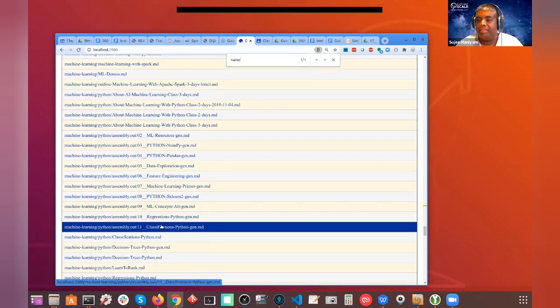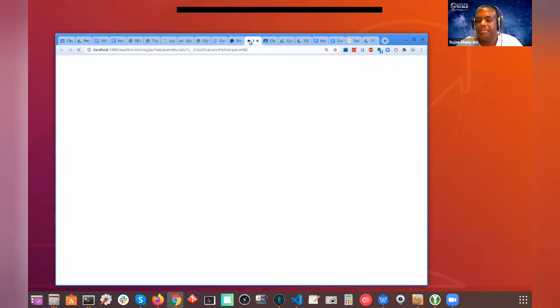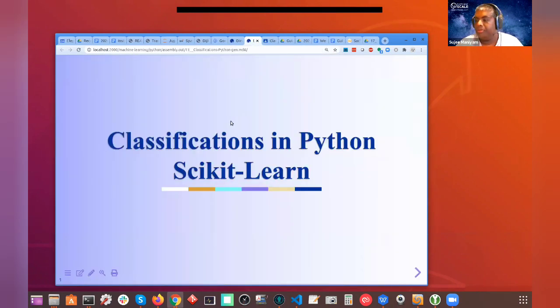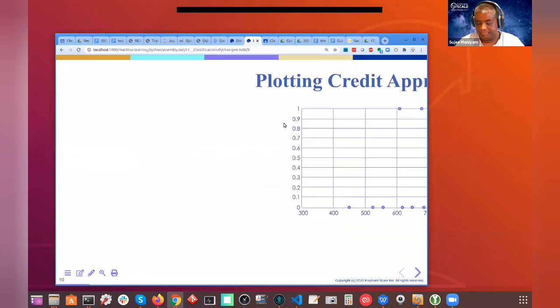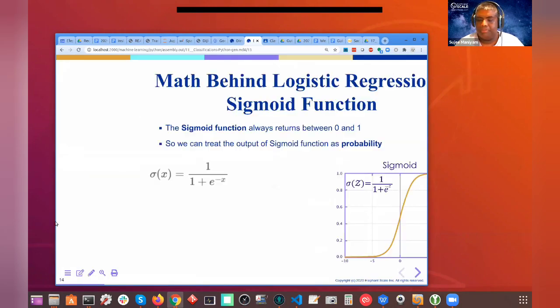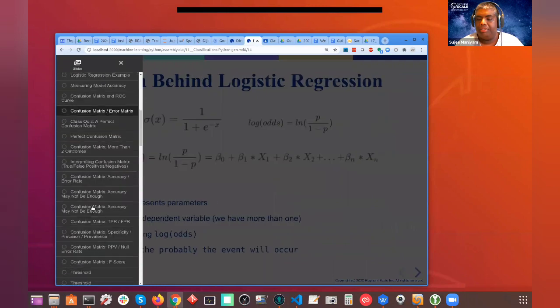So we have the, okay, classification Python is what we are going through. Okay, good. All right, so let's do a quick theory, and then we will do a lab review as well, as usual. So let me quickly go here, Bayes.